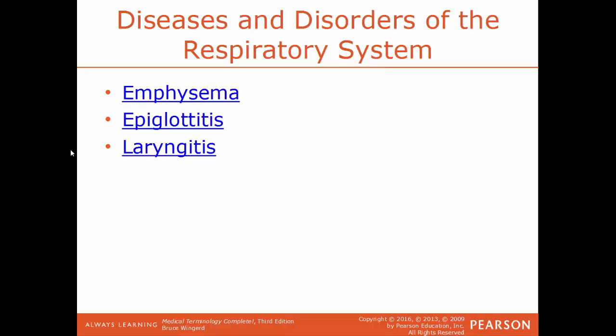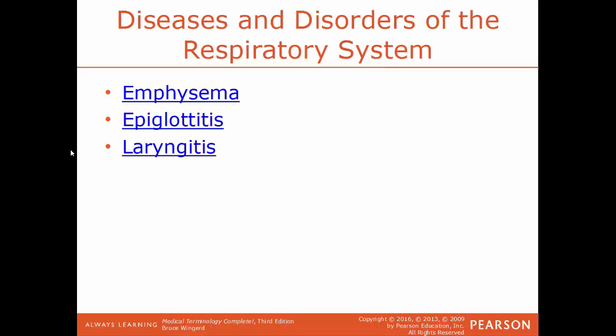So next term, epiglottitis. This is an inflammation of the epiglottis. The epiglottis is a piece of cartilage that will close over your trachea whenever you swallow. That way, when you swallow, food and liquid will go down your esophagus into your stomach and not go into your lungs. So whenever you eat too quickly or eat too much or do both, and you start to choke, and people say that food went down the wrong way,